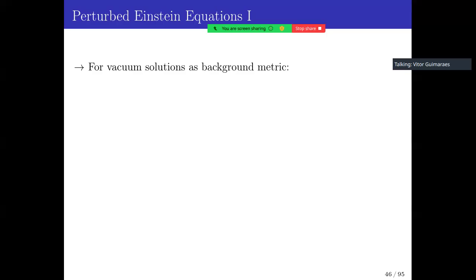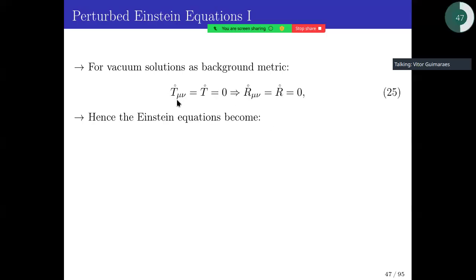What we call the vacuum solutions of Einstein's equations, which is basically to set G mu nu equal to zero. So if we analyze what the full Einstein equation would be, considering the perturbation, but considering the scenario where the background metric is a vacuum solution, in such a way that, remember,